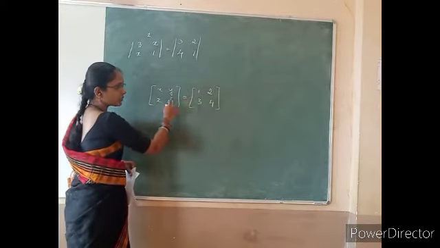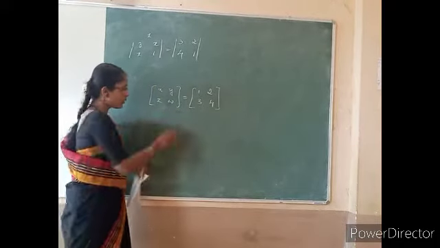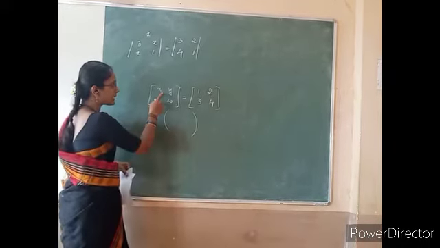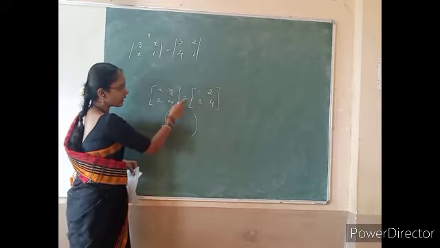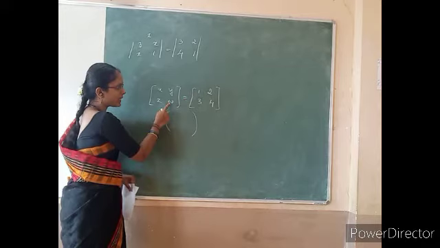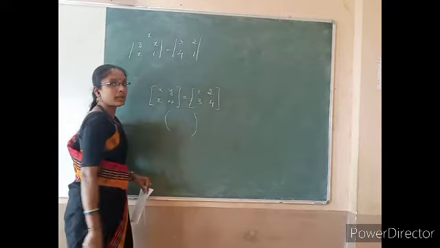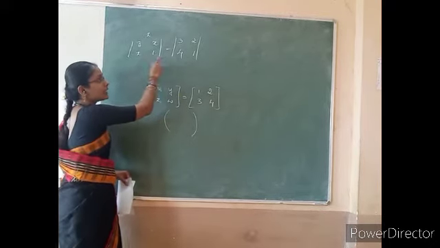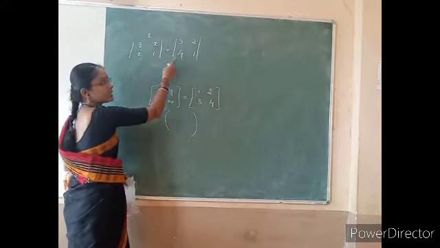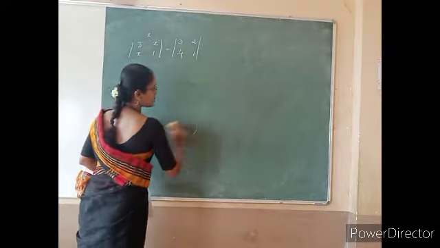That means if you write the entries within the brackets, that defines the matrix. In that case, x should be equal to 1, y is equal to 2, z is equal to 3 and w is equal to 4. But in this case, this is a determinant. We have to evaluate these two determinants separately. We cannot equate x is equal to 2 and x is equal to 4. This is not possible. Remember that. Therefore, we evaluate these two determinants.